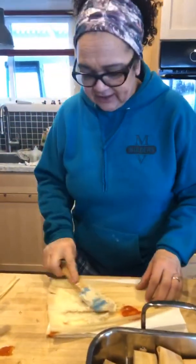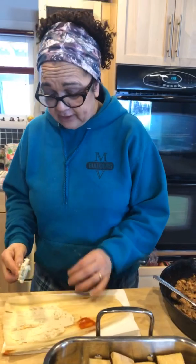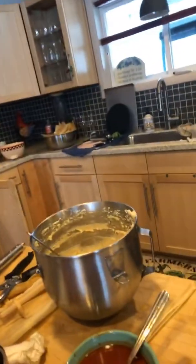Okay, so we get the smearing going on. This is really smooth. I'm really liking this. Before I used to have it a little bit tougher and it used to take me forever. But I think,